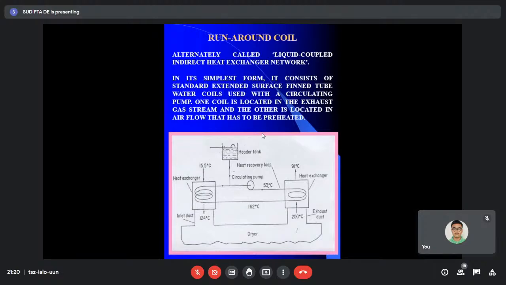This device is popular due to its simplicity of operation and low investment requirement. Full stop. However,